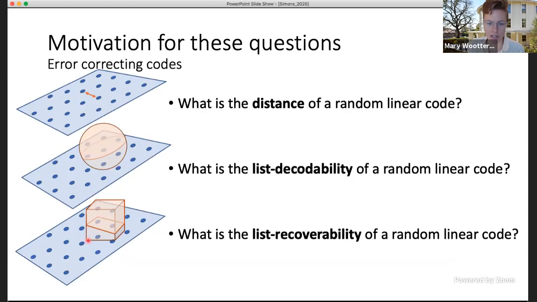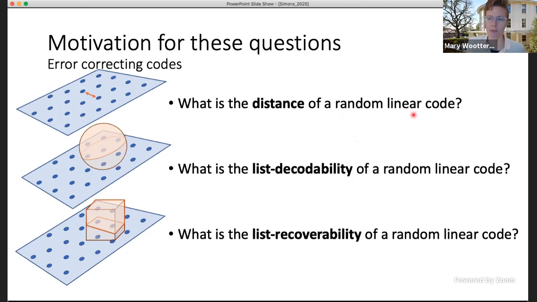Similarly, the question I asked about combinatorial rectangles also has a name in coding theory. It's called list recoverability. The motivation is basically the same under a different error model. This combinatorial rectangle is like the set of things you might get confused about. And if there are not too many points in your subspace that live in the combinatorial rectangle, then hooray, you don't get confused. So that's why you might be asking these questions if you come at things from a coding theory background, which I do.